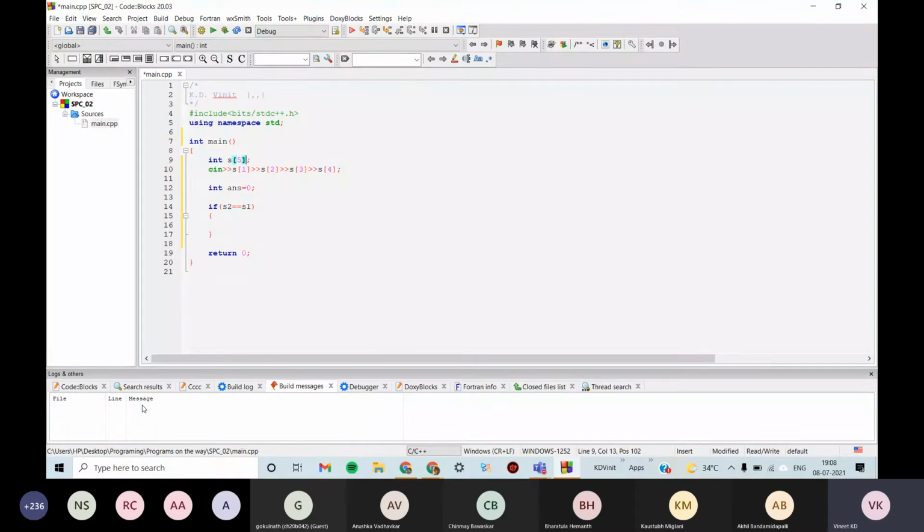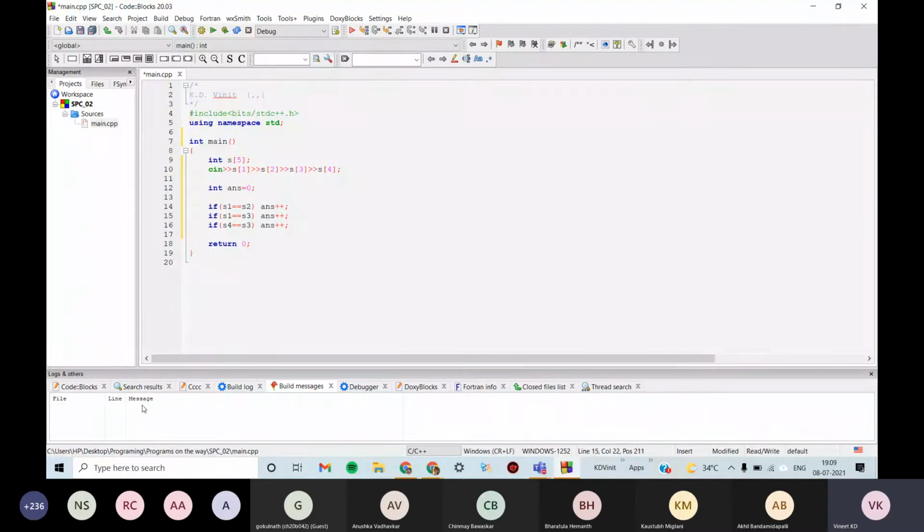I will first show you the wrong approach which I was getting. So first I will check every color with S1. If S1 is equal to S2, we need to change the color, right? So I will make answer plus plus. Since S2 is same as S1, we need to replace S2. Now if S3 is same as S1, we will do answer plus plus. If S4 is same as S3, we will do answer plus plus.